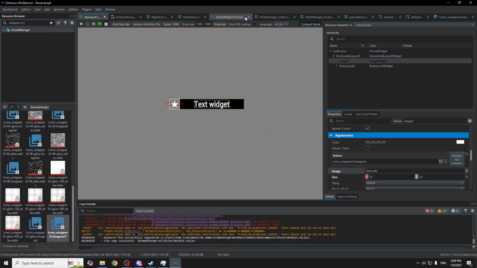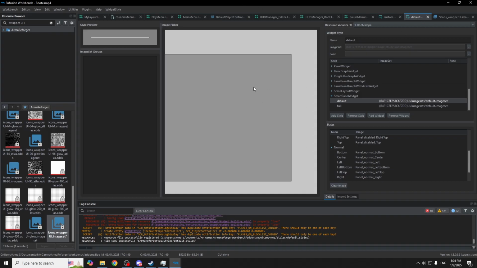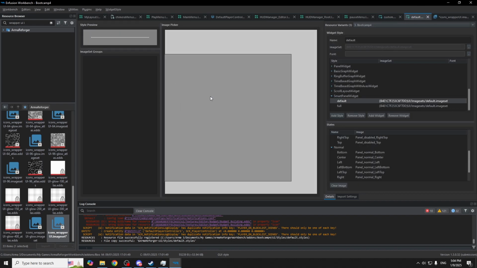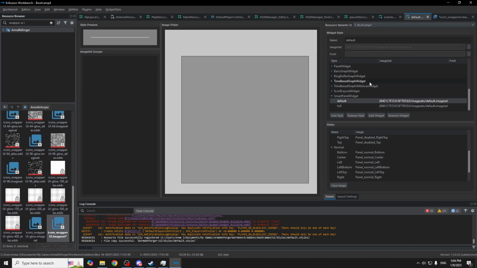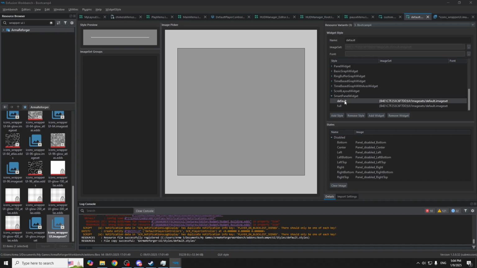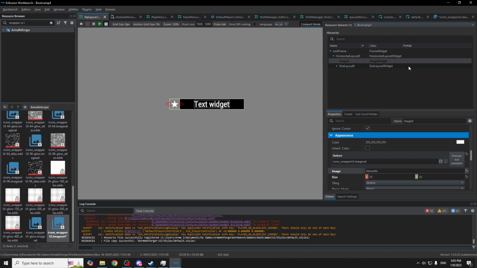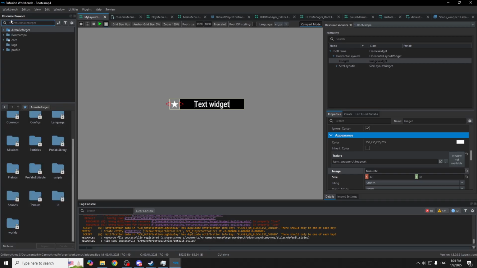Okay. Sadly, I cannot really show you the styles, but what we will be able to do is to, for instance, take this, see it here in the center or in the viewport, and say that, for instance, the smart panel widget as the center or as the left bottom corner could use one of these images. So then when we were using it here as that style for the smart panel, it will automatically take that image. And this is basically how we achieve stuff like rounded corners for,